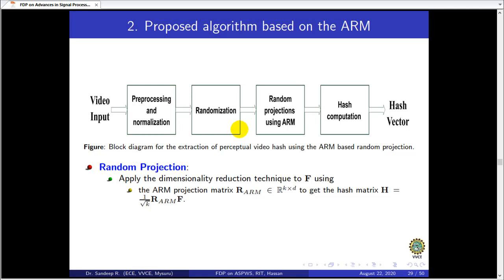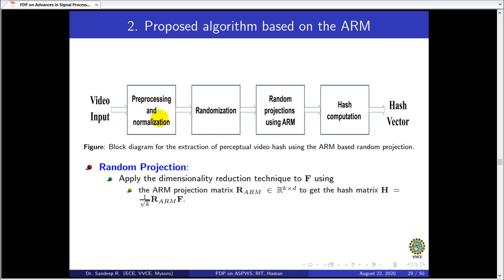Okay, now how do we use this to extract the perceptual video hash from the random projection technique? The input video is pre-processed and normalized. The pre-processing and normalization is the same, that is converting an RGB to gray video and then spatially resizing and temporally subsampling to obtain a video cube. Now depending on a secret key K, we select a different number of overlapping subcubes, and for each of these subcubes we apply the random projection technique.